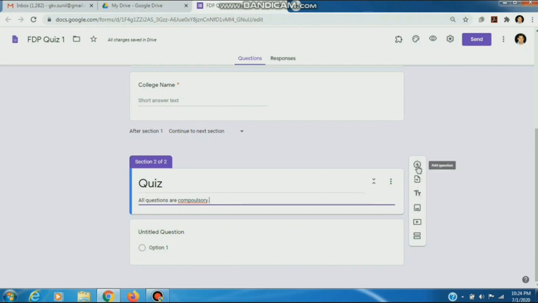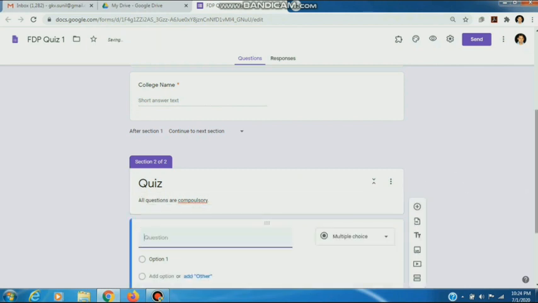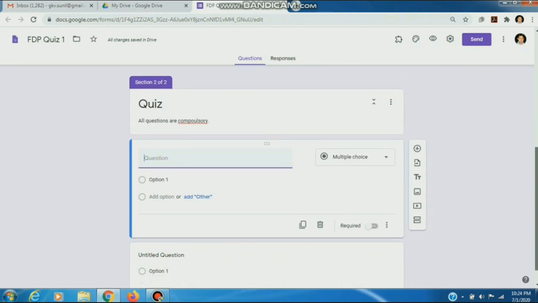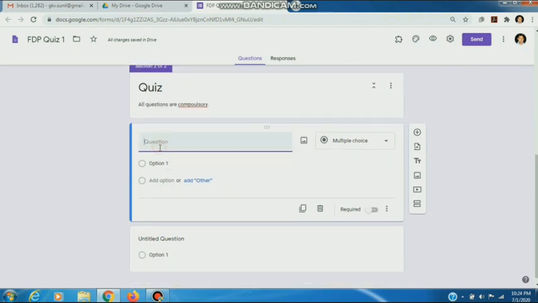Now we add some questions. Suppose I type here, who is the Prime Minister of India? Option 1, Modi ji.